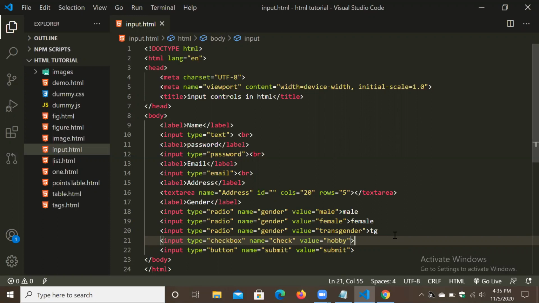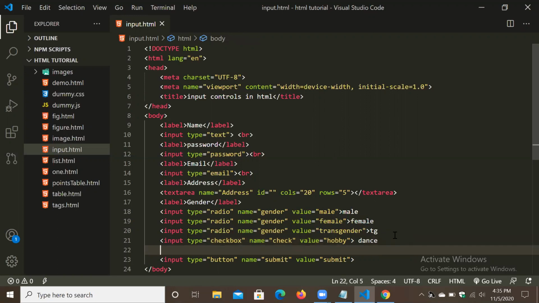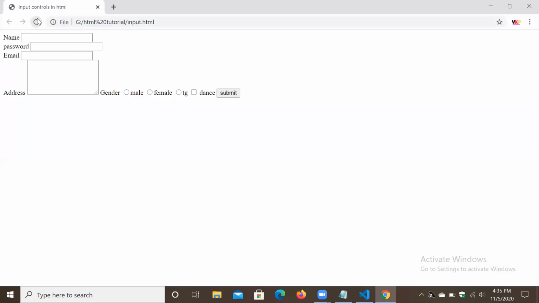Okay, so we will give here dance. Control S, refresh. Okay, so the checkbox came now.